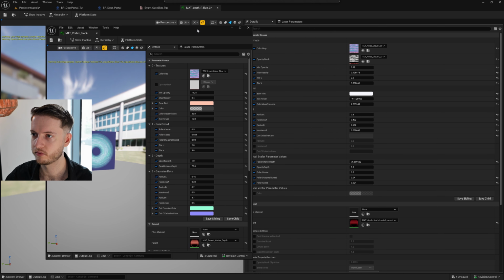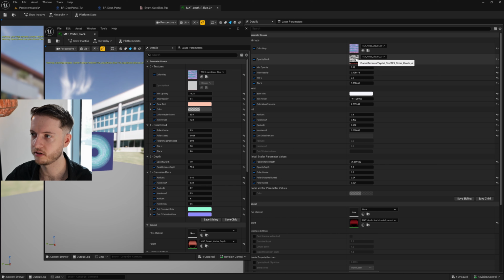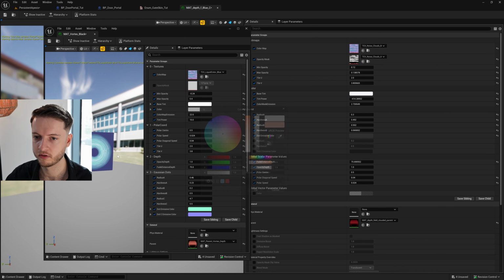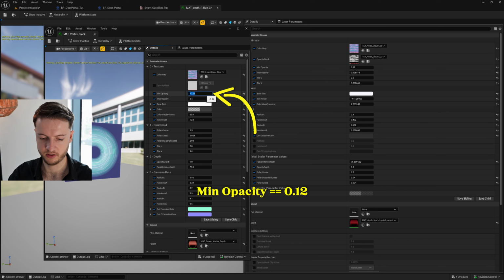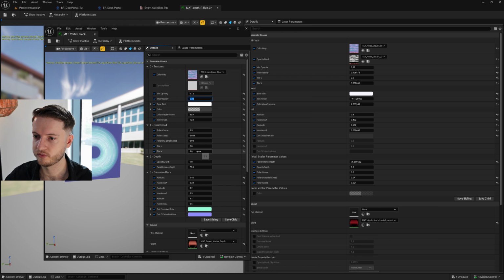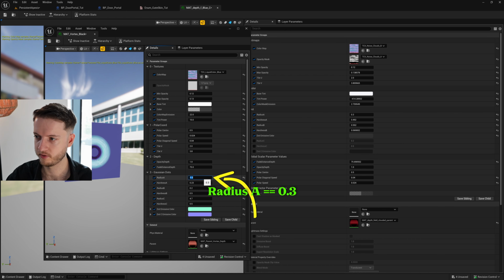So for opacity mask, I don't believe I ever made this with you. Let's ignore it for a moment. Base tint, let's go white. Minimum opacity 0.12, max opacity 0.13. Tile U and V is 2 and 3.8, correct. Radius A is 0.3, hardness A